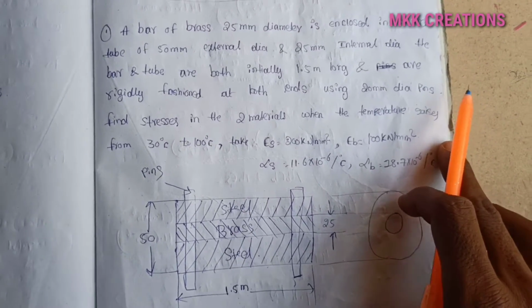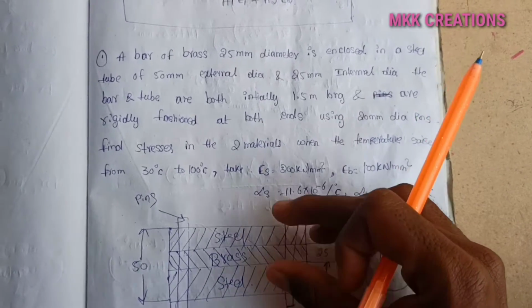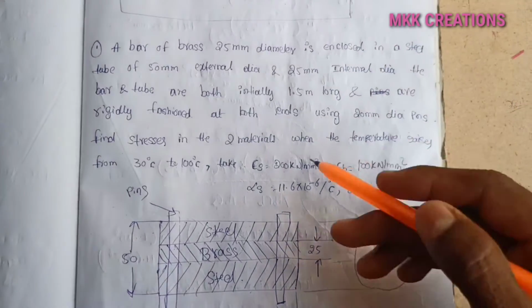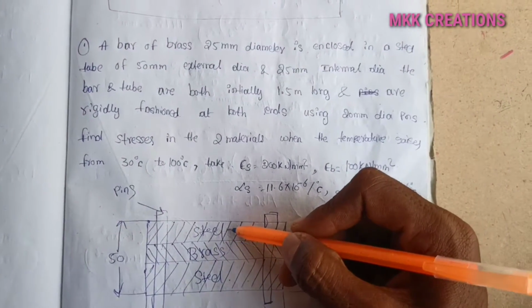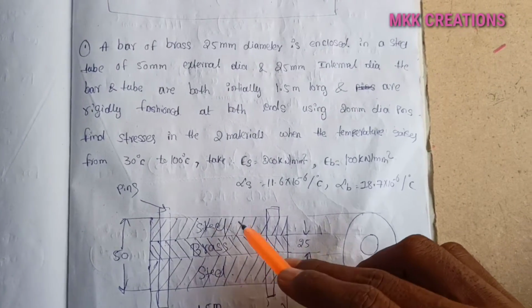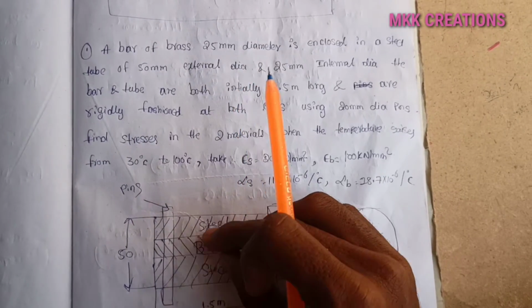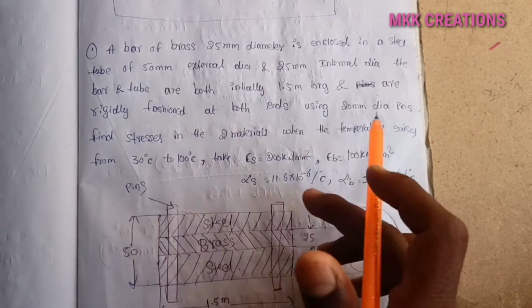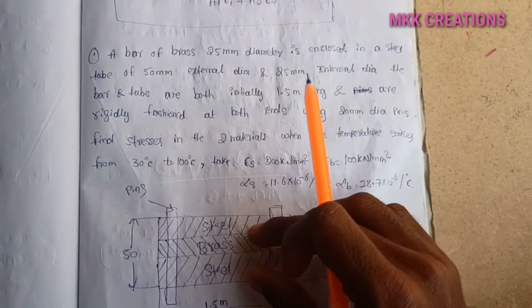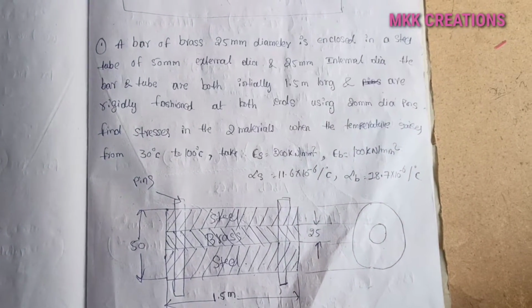So what he is going to say is, here there is one brass and two steels. So one brass is enclosed with steel bars, rigidly fixed. That means the steel diameter is 50 mm and the brass diameter is 25 mm. He is saying in the question that both are rigidly joined, with the diameter of the pin 20 mm. Because of that it is joined. So both the steel and brass length is 1.5 meter. This is the information he has given in the question.